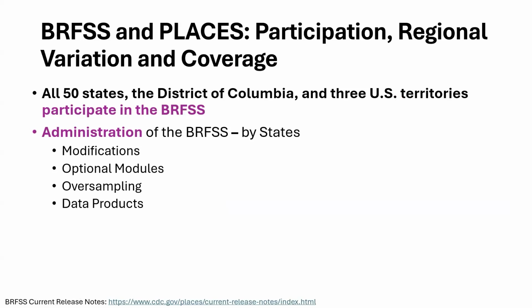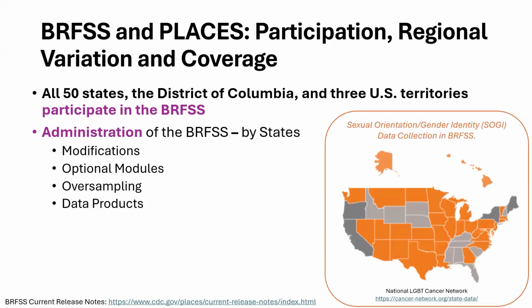So in this slide, I just want to briefly talk a little more about BRFSS participation in those optional survey modules, and data availability and coverage. Again, it's important to mention that all 50 states and the District of Columbia participate in BRFSS. However, administration of the BRFSS is handled at the state level, so each state's survey process can vary. We already shared how states can choose from the optional modules, but states can also design their own survey questions and sampling procedures. So the image on the bottom right here shows a map of all the states across the US